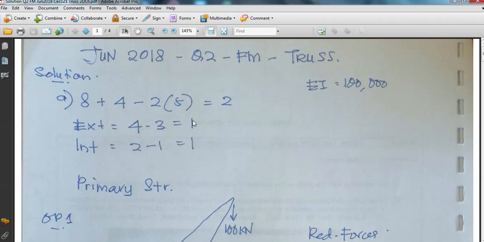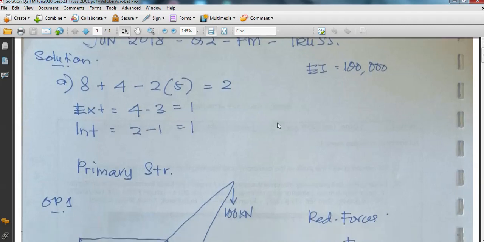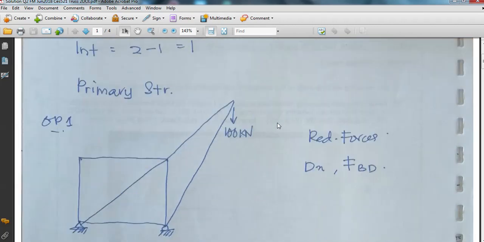Since the external DOI equals 1 and the total DOI equals 2, total DOI 2 minus external 1, so internal equals 1. External plus internal must equal the total DOI. After you have determined the DOI, next we must determine our redundant force. In this example, for the redundant force,